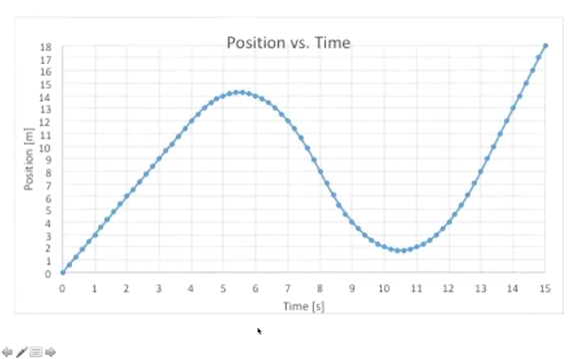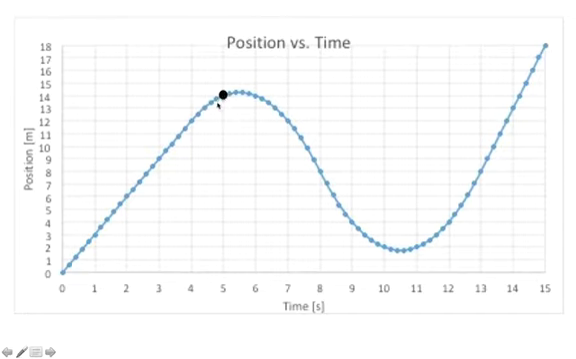Suppose you wanted to determine the speed of the object at 5 seconds. So we have a position versus time graph. You go to the 5-second mark, identify that point on the graph, and put a dot. And then you use a ruler and draw a line tangent to 2 points on either side of that